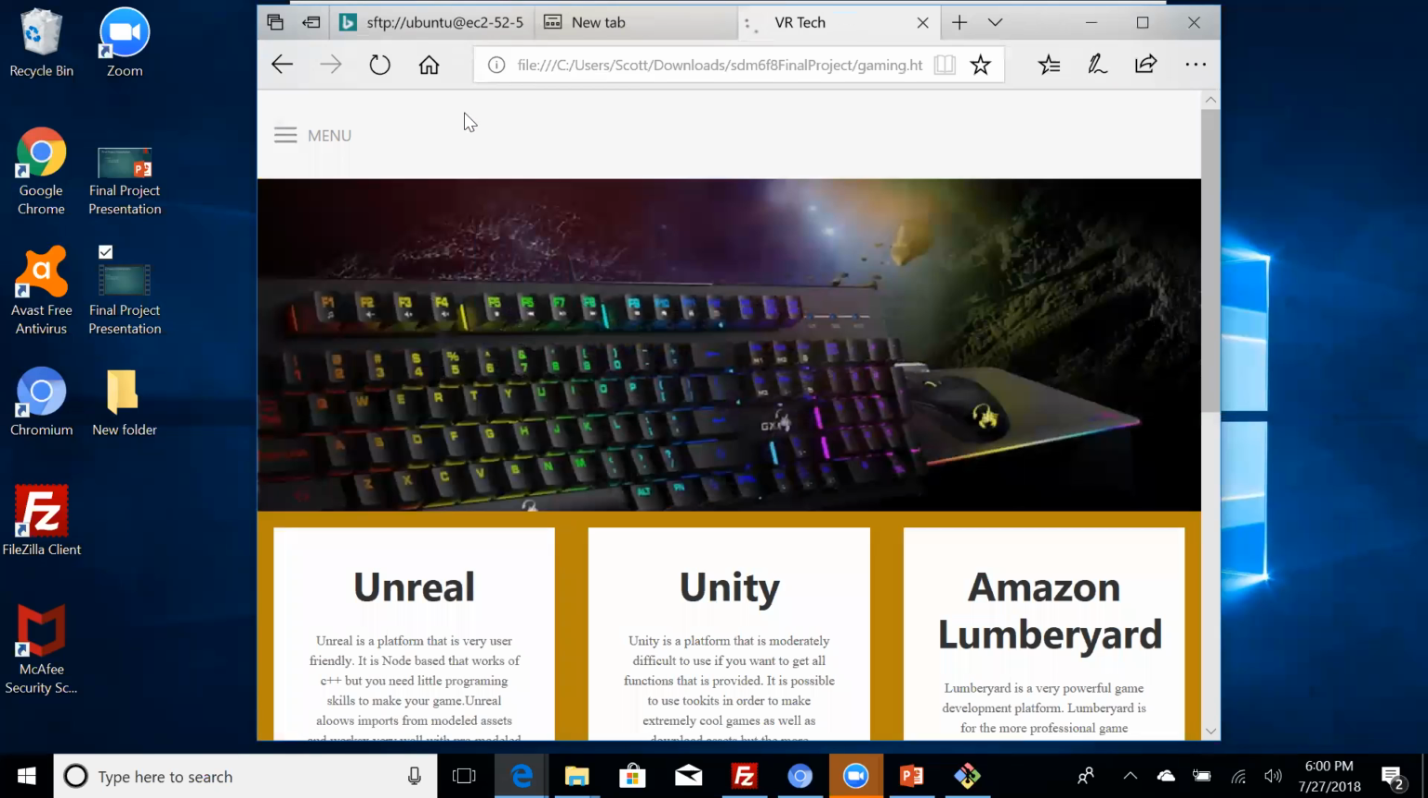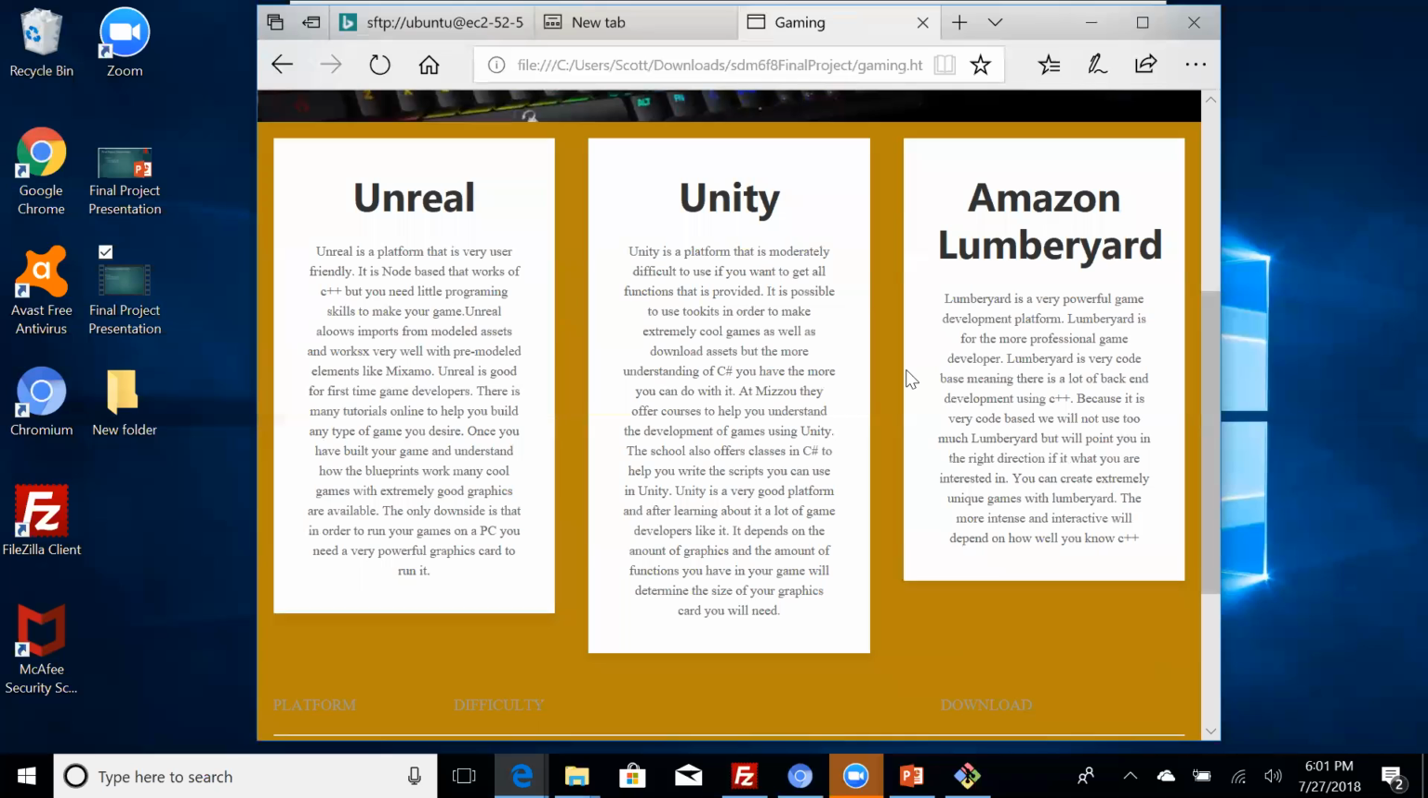The next one is for game dev. A lot of students here are into game development, but they don't know where to go, and some of them are really good at game development, so we're just trying to bring those like minds together. This gives some information about the different platforms we'll be using in game dev, and it tells a little bit more about those platforms, the pros and cons of those platforms,